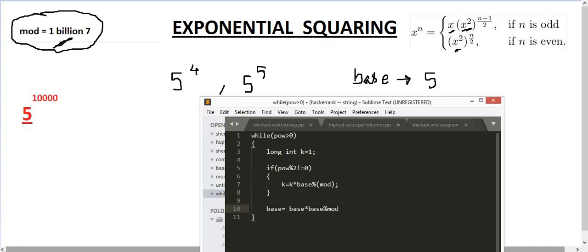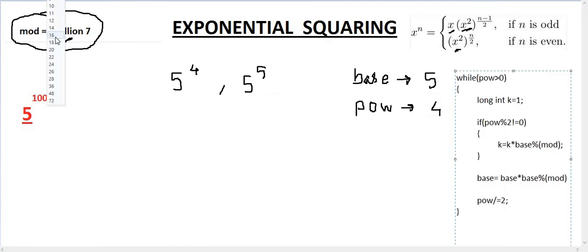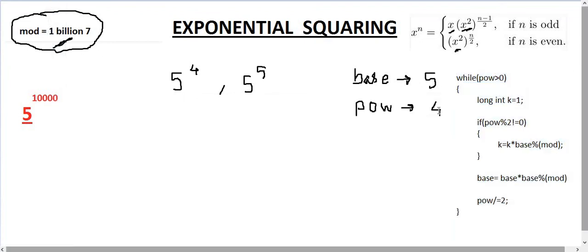I should have initialized with a different variable, mod. After that we'll reduce the power by dividing by 2. This will be a while loop, so power will be divided by 2, and this will loop in a circle. I'll show you quickly how this works.